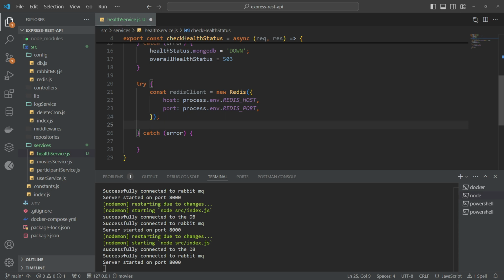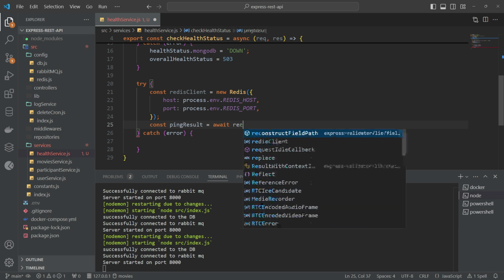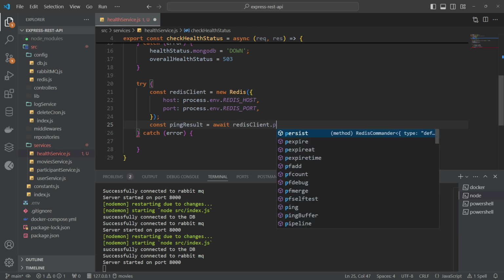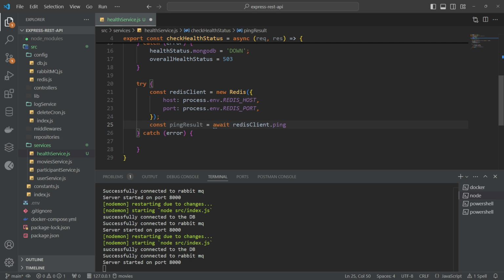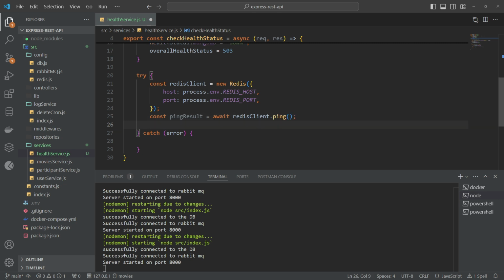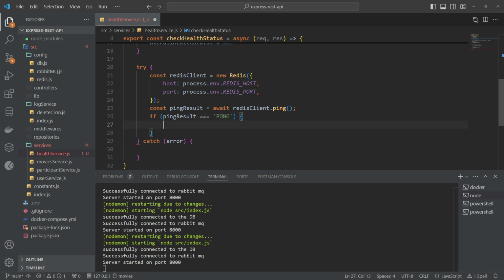So const pingResult equals to await redisClient.ping. Then we will check what the response is. So if pingResult equals to, what will be the result of ping? Of course it will be PONG. Okay, if this is the case,